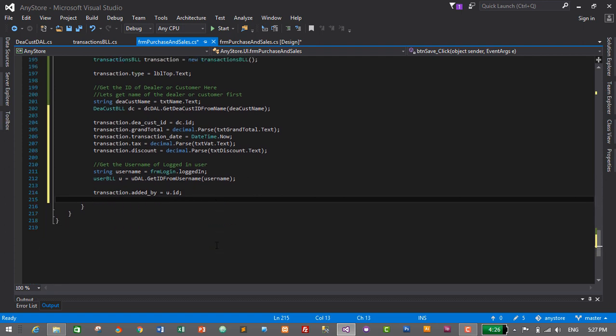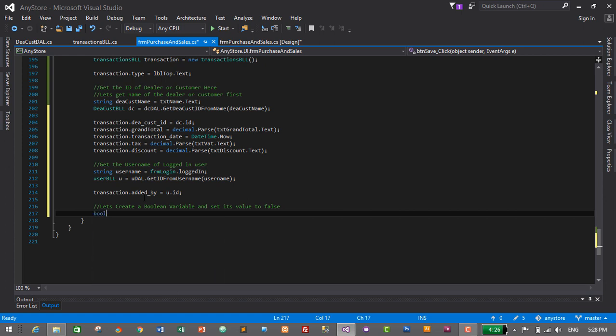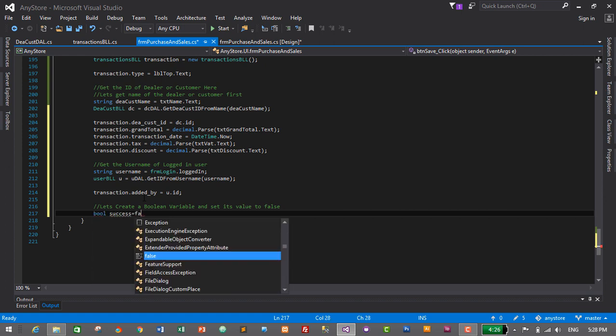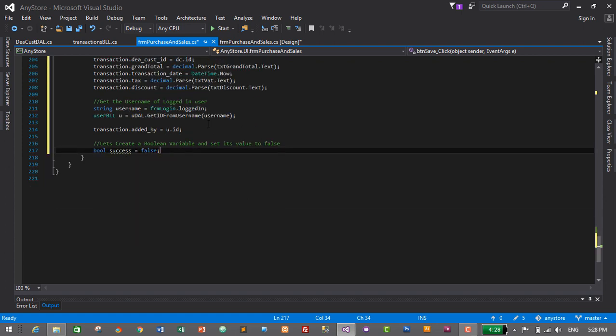But before inserting a transaction, we need to create a boolean variable and set its default value to false. bool success is equal to false,